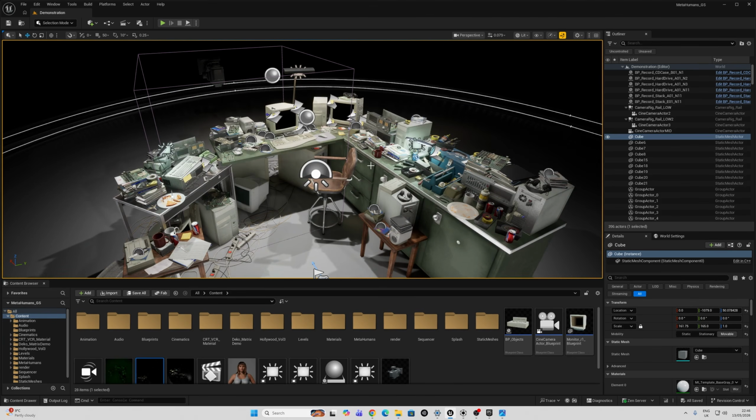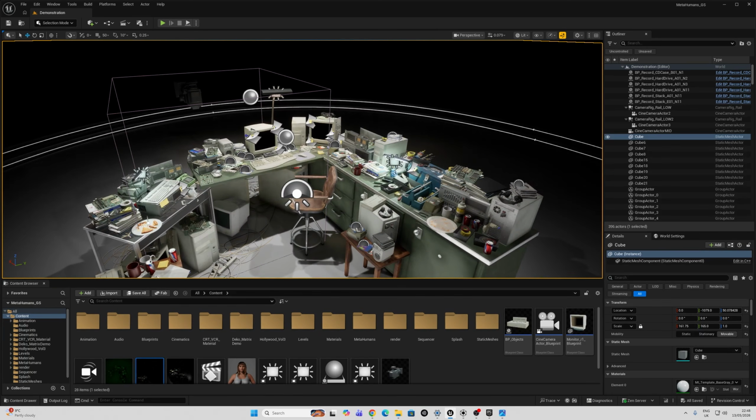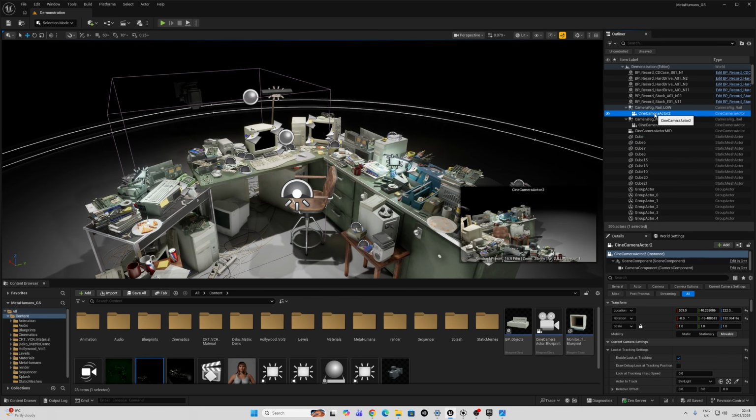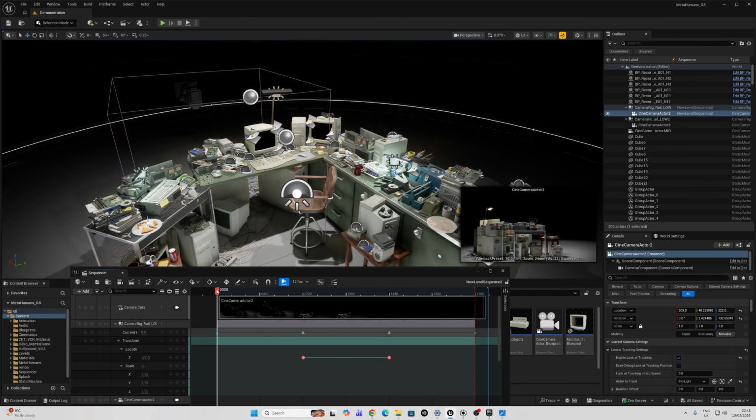This is not going to be an in-depth tutorial where I'm going to show you every single step, and you're welcome to join my Patreon and get some more information on this or get some assistance on this if you wish to proceed yourself. So basically all I've done here is created a camera rig, and you can connect your camera or child parent your camera to this, and then I've created a cinematic sequence. In my cinematic sequence,